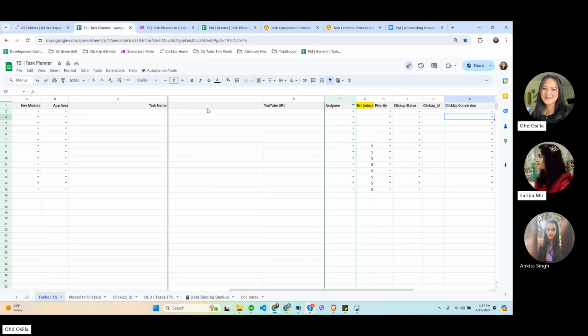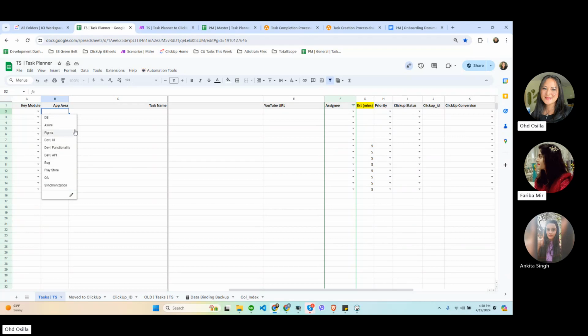So this is a sample task planner of total scope. It's empty because I've already moved all the tasks for this week to ClickUp. Every project has its own set of key modules.